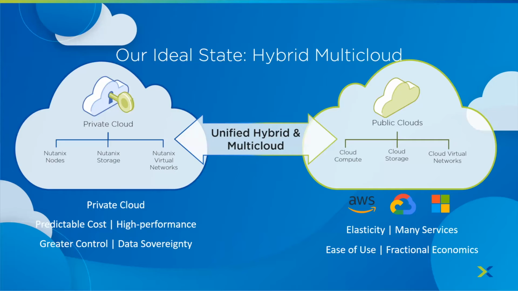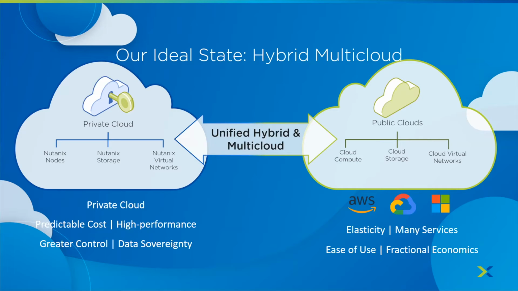So think about the ideal state, which is basically the hybrid multi-cloud state, being able to unify both of those between private cloud and public clouds and across multiple public clouds, or being able to easily move out of one. I'm in AWS today, all of a sudden my direction changed in my business. I'm going to go to Microsoft, easily be able to move from AWS to Microsoft, or even come back on-prem,